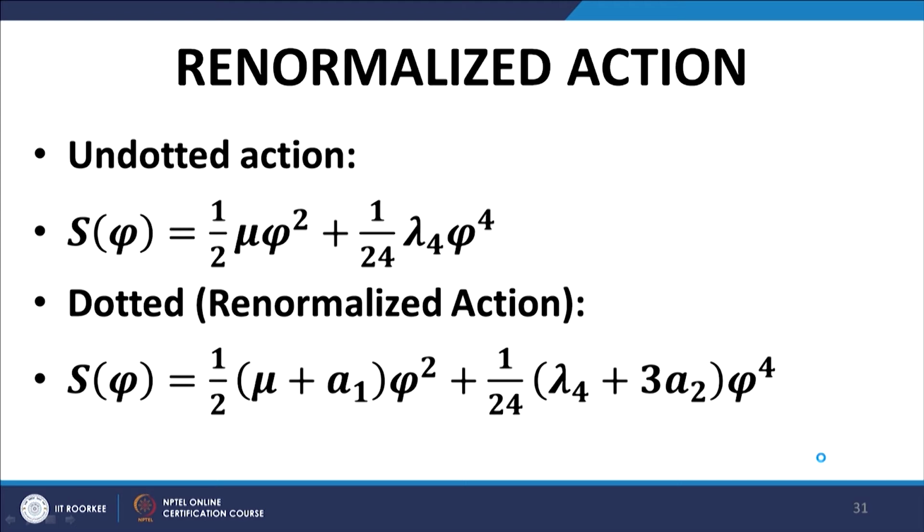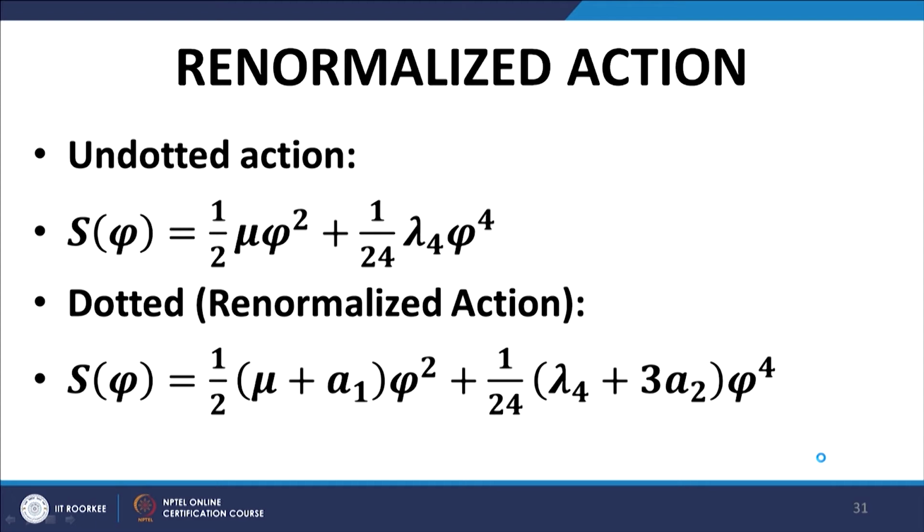They do not appear alone anywhere in the action, because they appear in the action itself together with a1, mu appears with a1 and lambda 4 appears with 3a2. So, it follows as a corollary that wherever, whether it be an experimental measurement or a theoretical